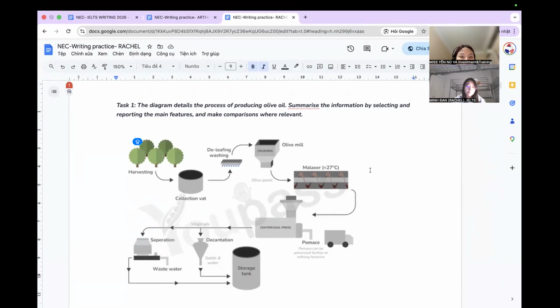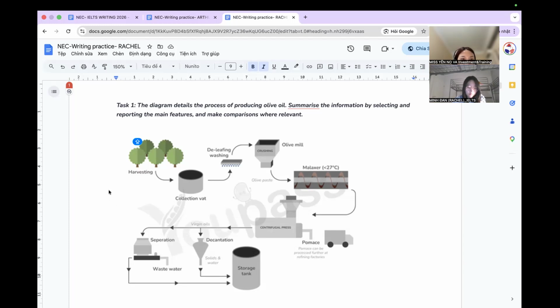I will start with the writing exercise first for you. You can see from the screen, this is a diagram describing the production of olive oil. It will start from the harvesting and it will end at the refined oil. You know, like oil after you filter and you can get the pure oil at the end in the storage tank. So that means you can see this production will go through several steps to produce finished